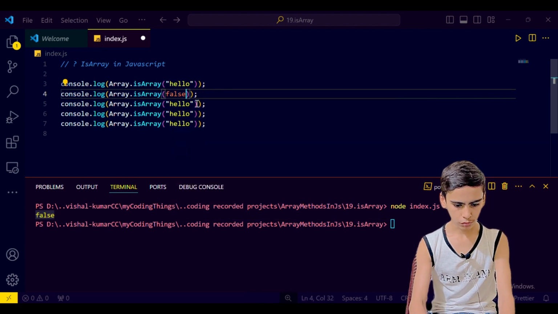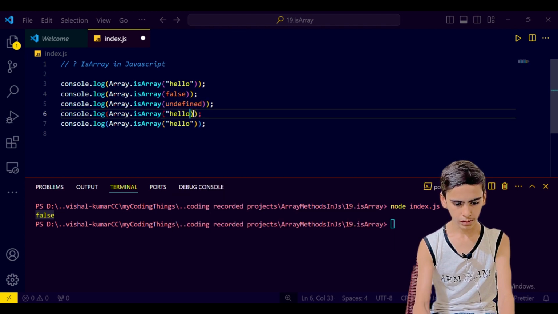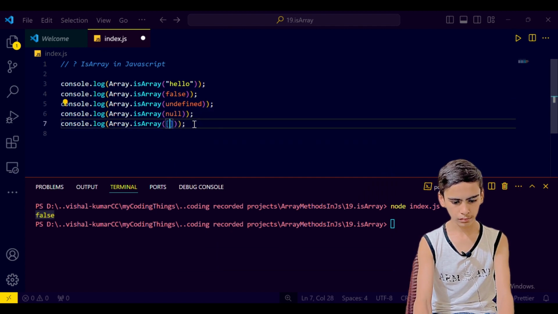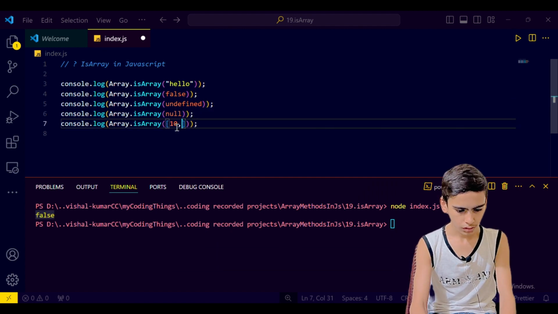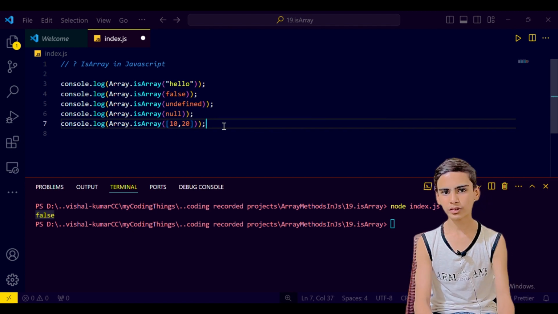If I put a boolean, undefined, null, and square brackets, now it's your question which will return true and which will return false.